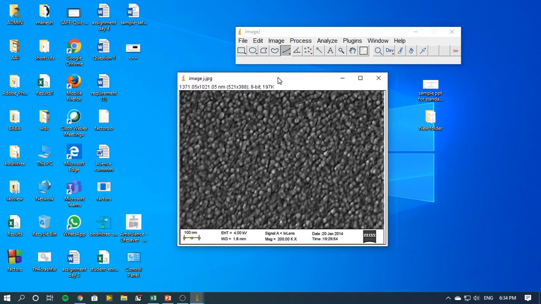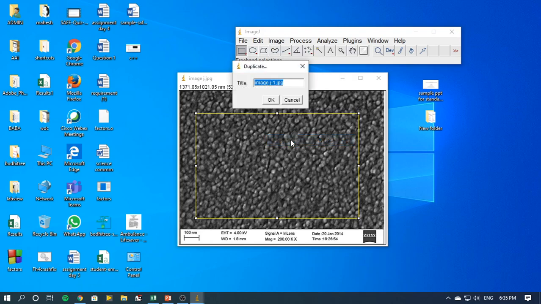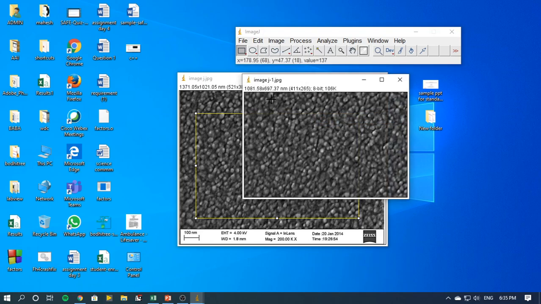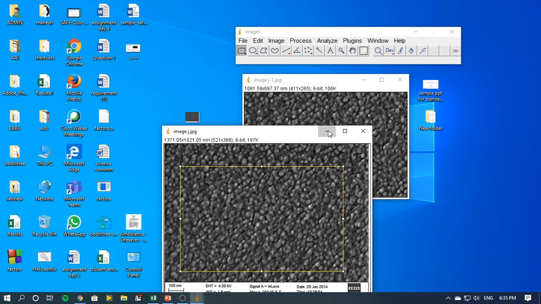Now if you want to do the analysis of this particular SEM image, the first thing you have to remember is that your image should be illuminated evenly. Considering this particular figure, it is almost illuminated evenly. But what if your image is not illuminated evenly? Then you have to go to the rectangle tool and choose a portion of your image which you feel is evenly illuminated. Select that, go to Image and say Duplicate. Once you duplicate, you can type the name whatever you want or let it remain as it is.